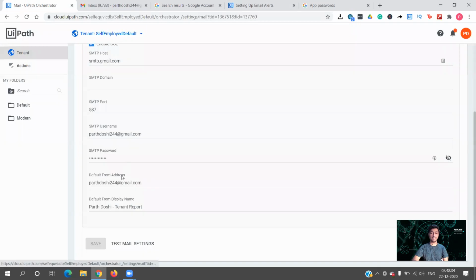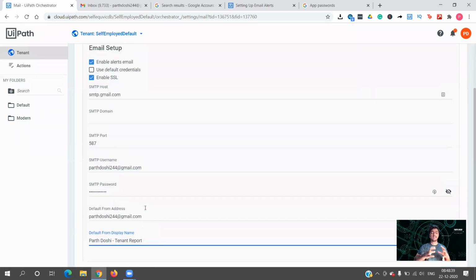If you can see, it's the same, and display name can be anything. So you see it is very easy to enable email alerts. You just need to go to the tenant settings, enable the alerts email and SSL, generate the app password for your email ID, and keep the same in SMTP username and default from address. Once you have done it, you can give any default from display name.